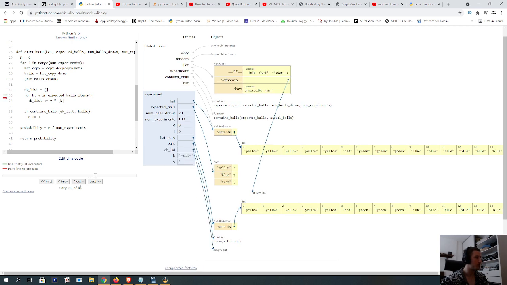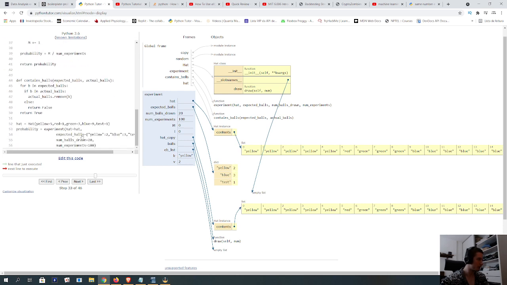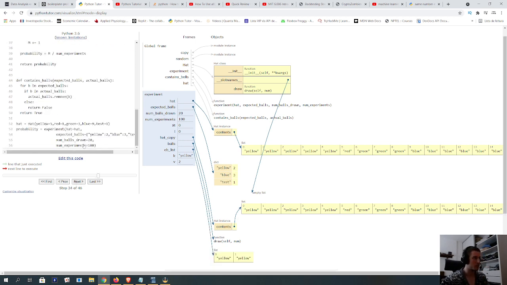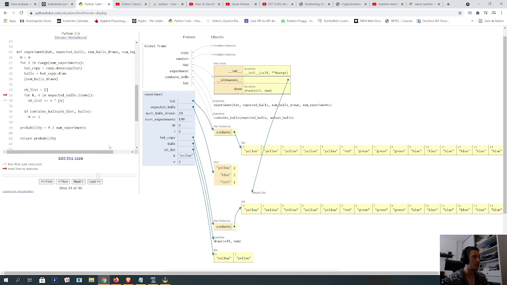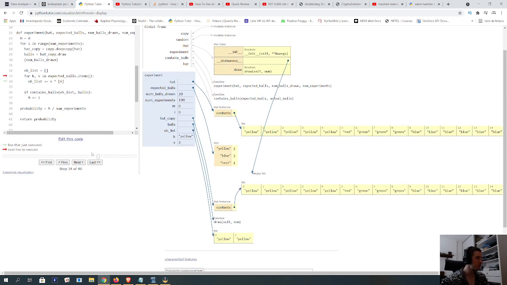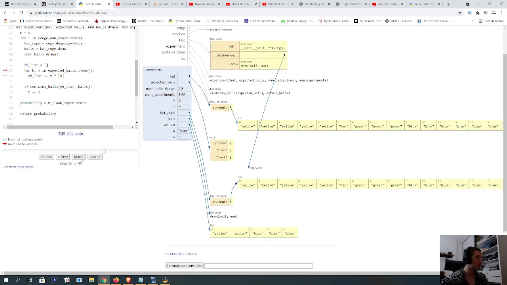Then you create an empty list. Then you loop through this list. This empty list is the list that is here, expected balls. You have to put them on a list so you can compare them later to find out what's the probability that the list that you chose here is gonna be in the class head, is gonna contain the list that you put here. So you create this list,